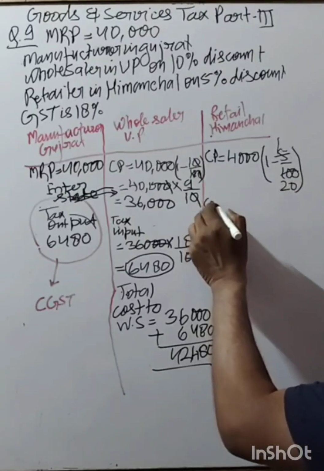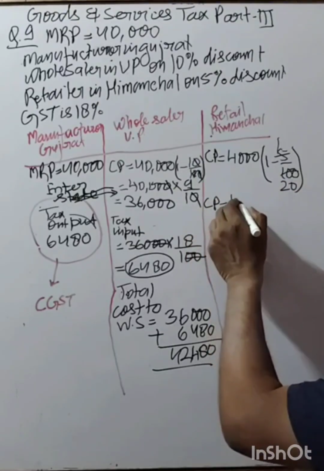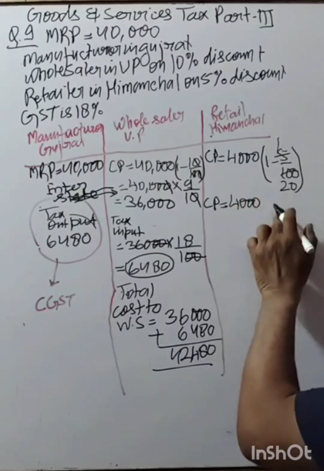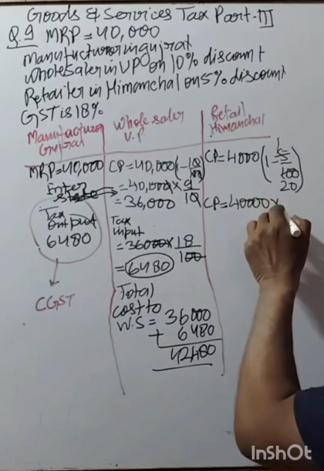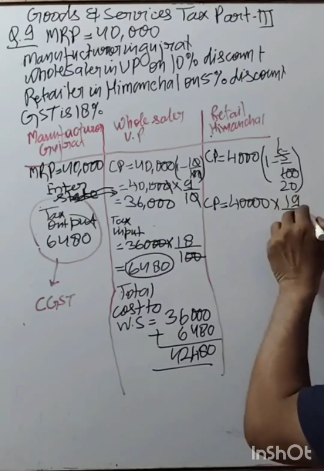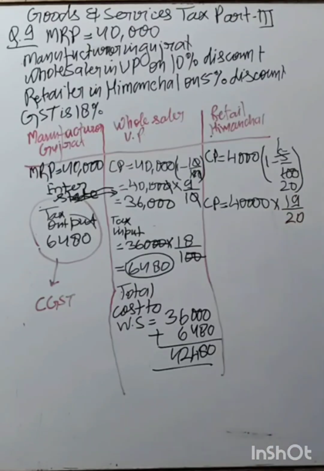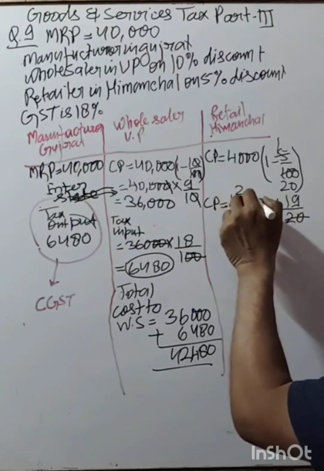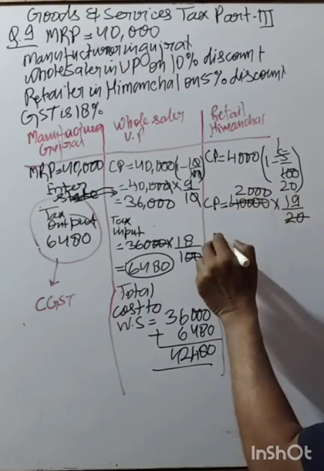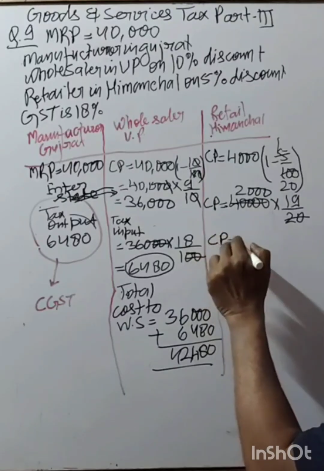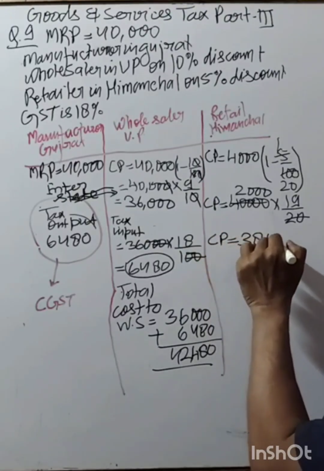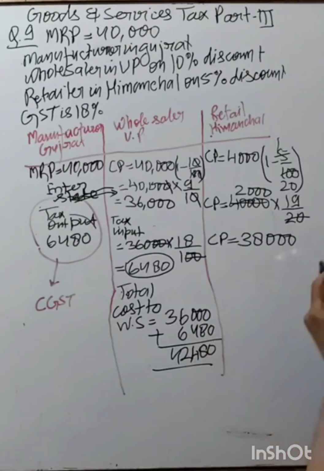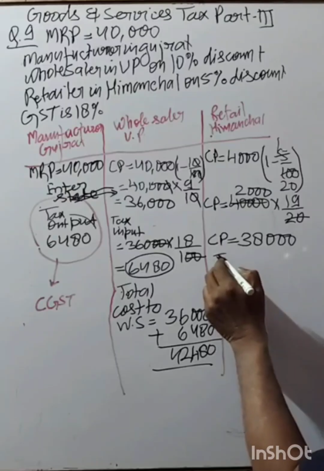So CP is equal to 40,000 into 19 upon 20, right? 2,000, and it becomes cost price 38,000, right? अब इसका जो है टैक्स इनपुट